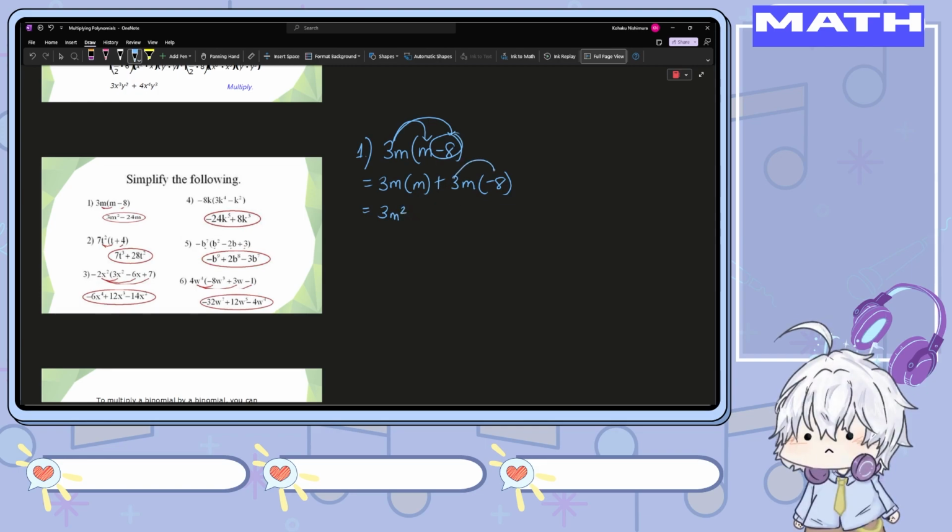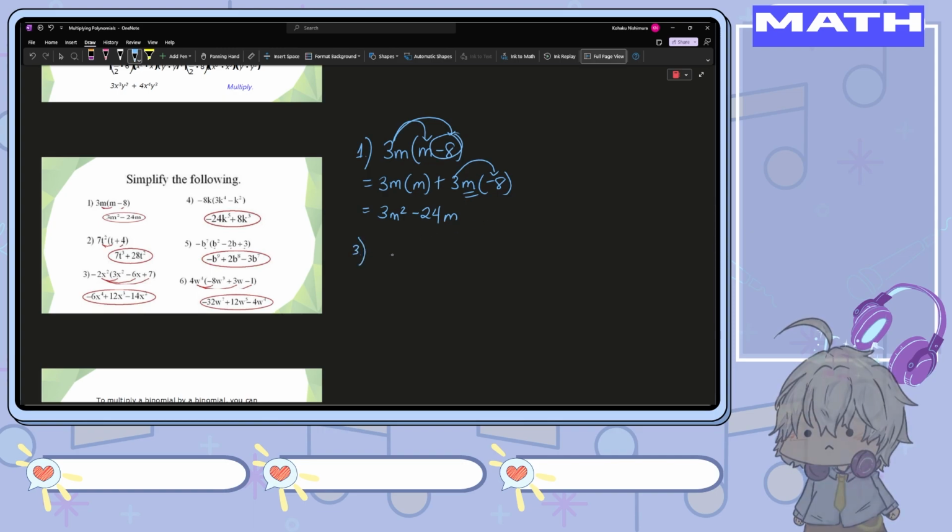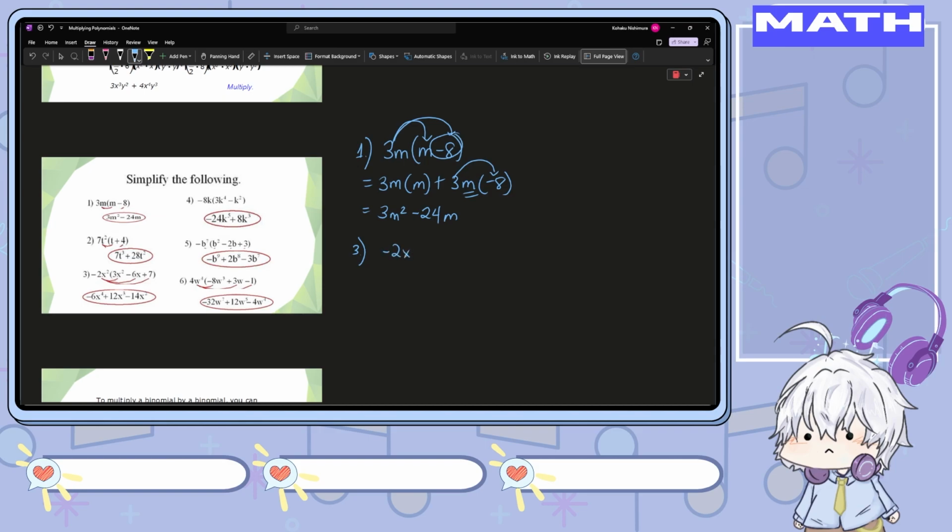Then, the numerical coefficient 3 times negative 8 is negative 24. And we are left with m. So the final answer is 3m squared minus 24m. For number 3, we can see that we distribute negative 2x squared to the quantity 3x squared minus 6x